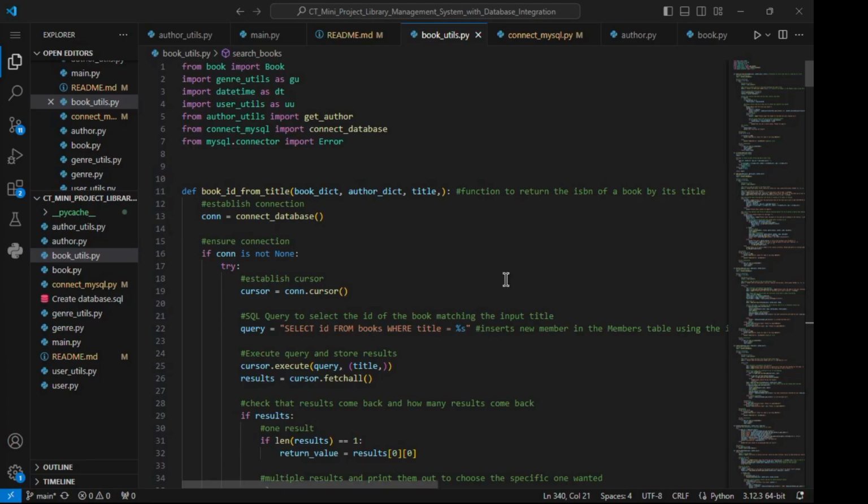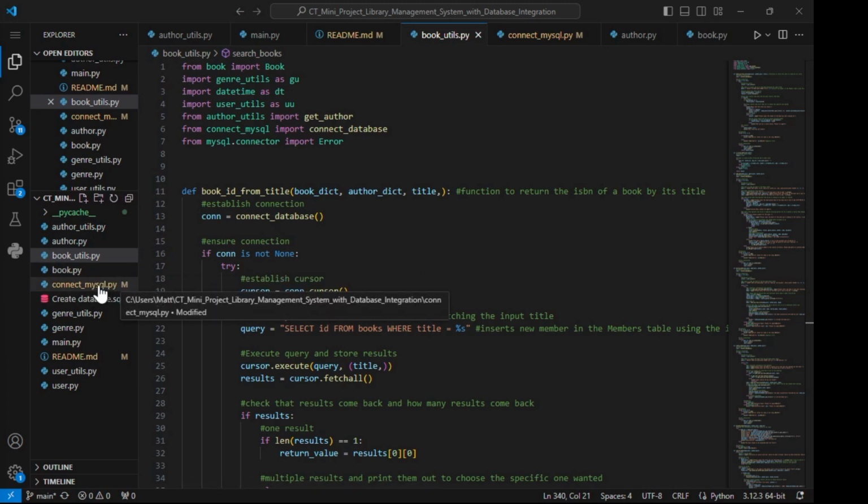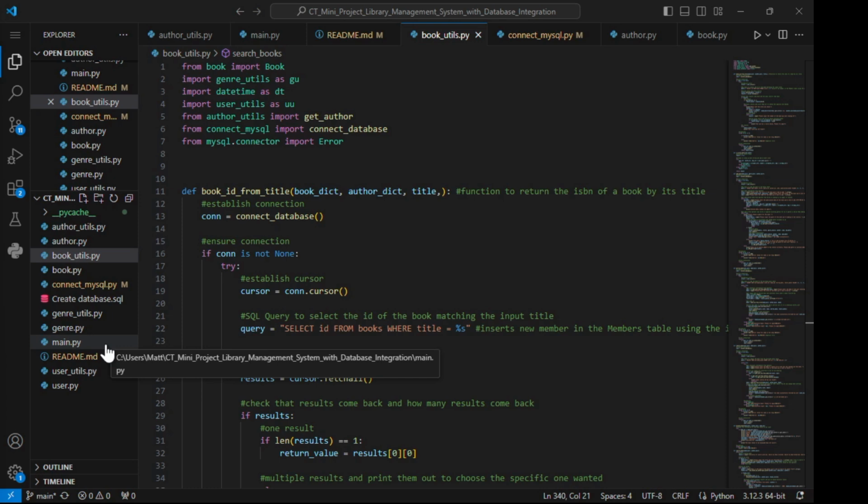Today we have an explanation of the library management system with database integration project. We're going to start by going through the files. We have our author utilities, our author class, our book utilities, our book class, a MySQL helper, genre utilities, the genre class, user utilities and the user class, our main Python file where we have the menus, and then